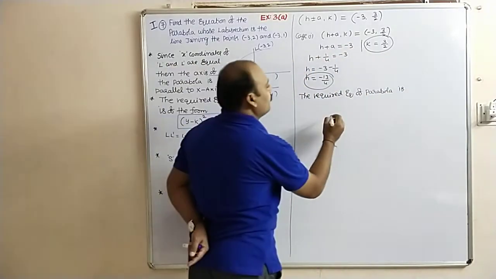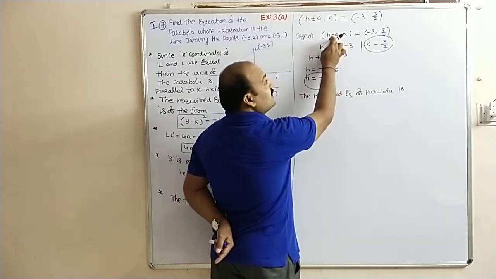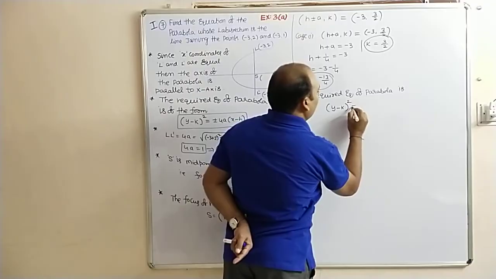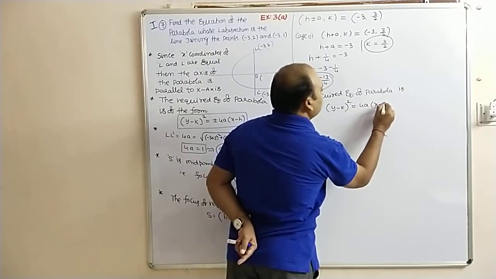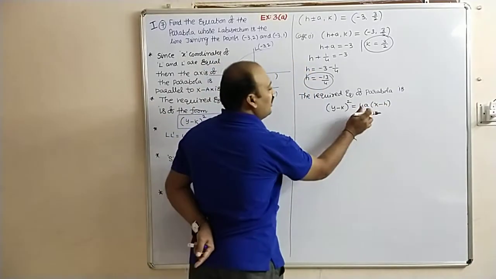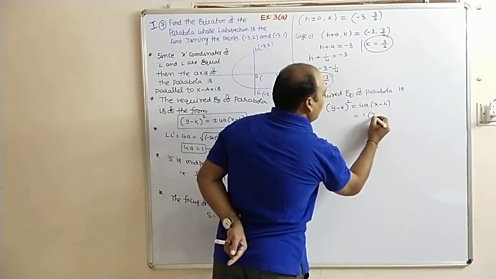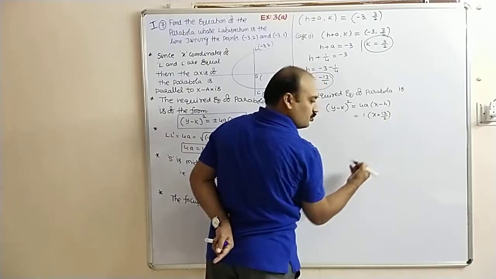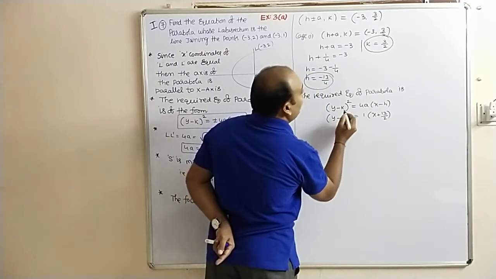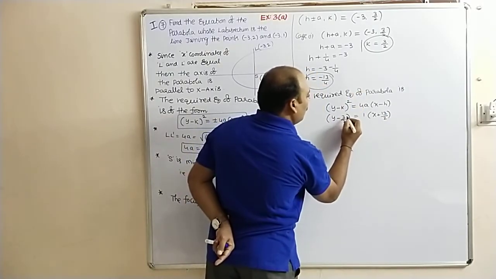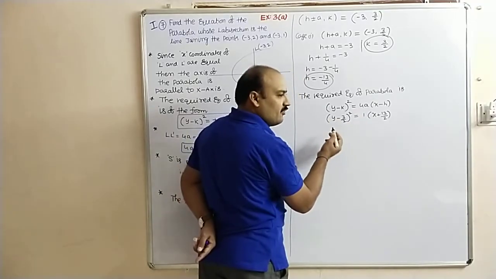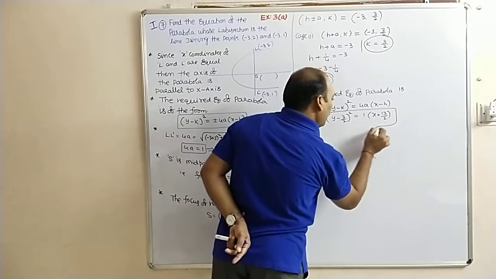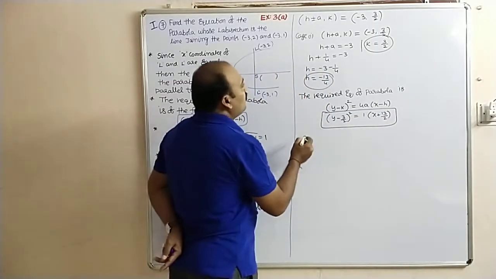is, here I am taking the first case now, plus. So y minus k whole square equal to plus 4a into x minus h. So 4a value is 1, x minus h value is minus 13 by 4, that means minus of minus 13 by 4. Y minus k value is 3 by 2. If you want to take LCM and simplify, you can simplify, otherwise leave it, not compulsory to do that. We can leave it like this. Come to the case 2.